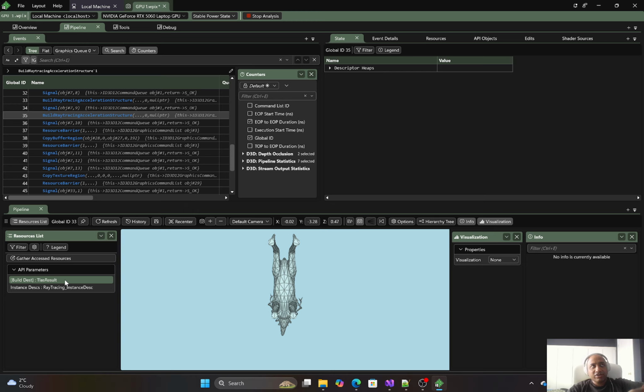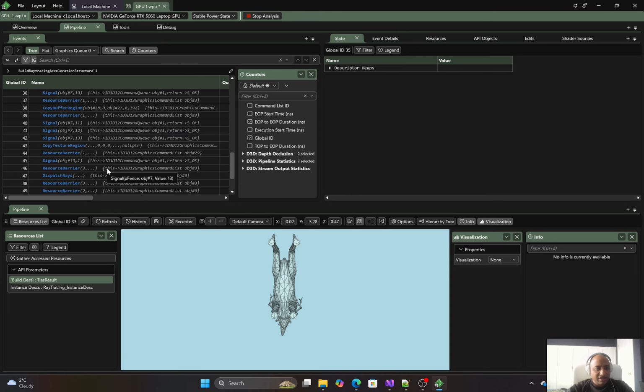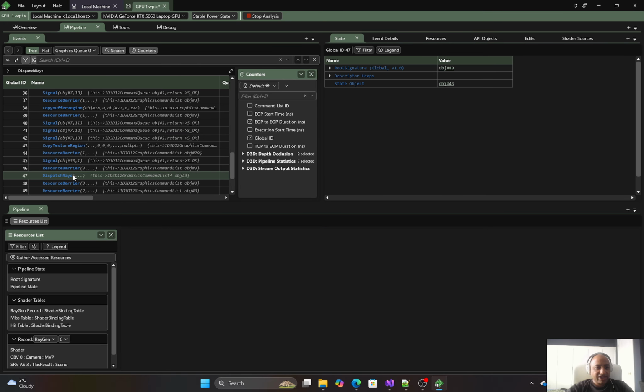The model matrix goes into the top level acceleration structure, and it references the bottom level acceleration structure. And in the shaders, we just use a view projection inverse matrix. But anyway, that's something different. So yeah, we build the acceleration structure, which is the geometry part. And then if you go to dispatch rays,